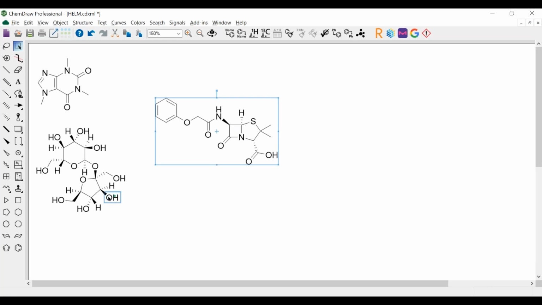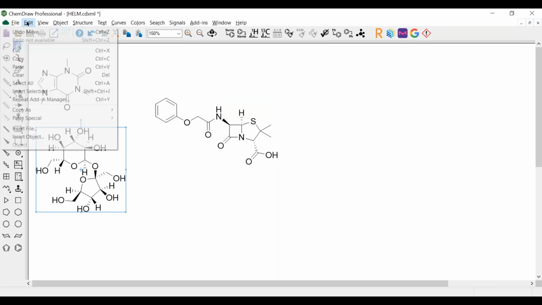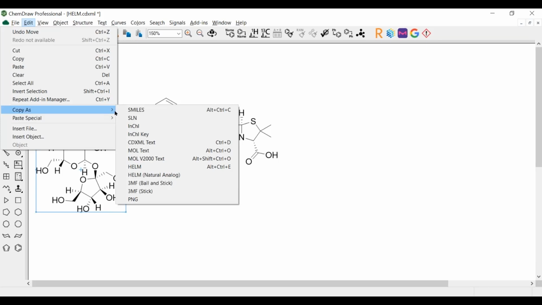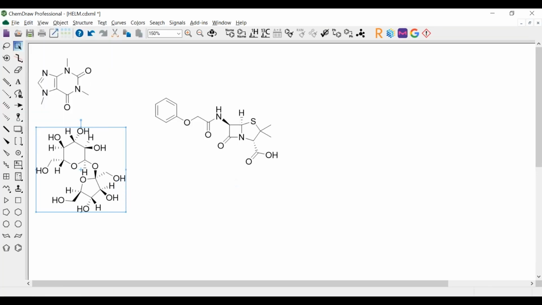Absolutely. So let's pick sucrose because this has a lot of interesting stereochemistry here. So what I am going to do is copy as 3MF. We'll go ball and stick. This is your classic, for those of you that use MolyMod or molecular models, it's copying this as 3MF. This is actually a 3D printing format. So I'm going to copy it as the ball and stick,